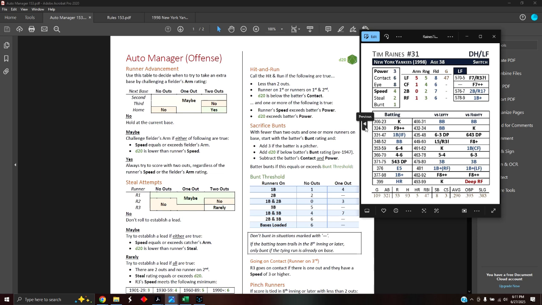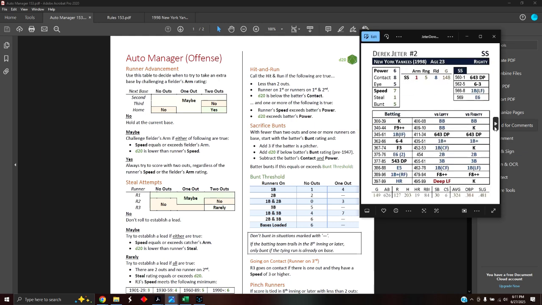The runner's speed has to be greater than the batter's power. So Tim Raines' power is 3. Let's say Jeter's on base. His speed is 7, so we would still be good there. So we would definitely hit and run. Or